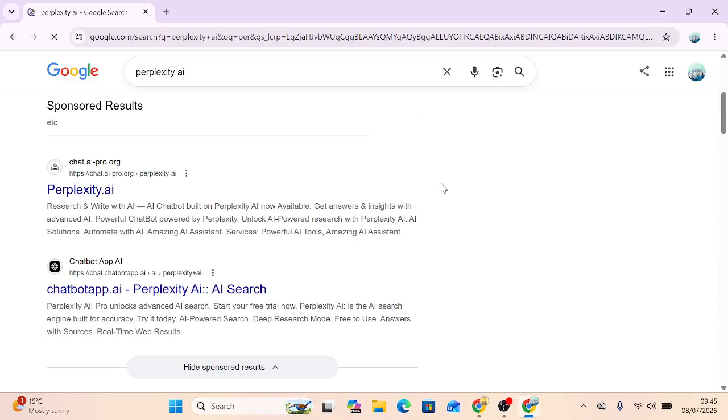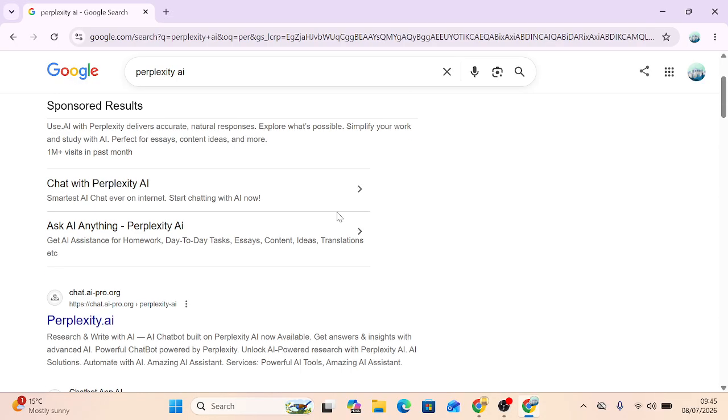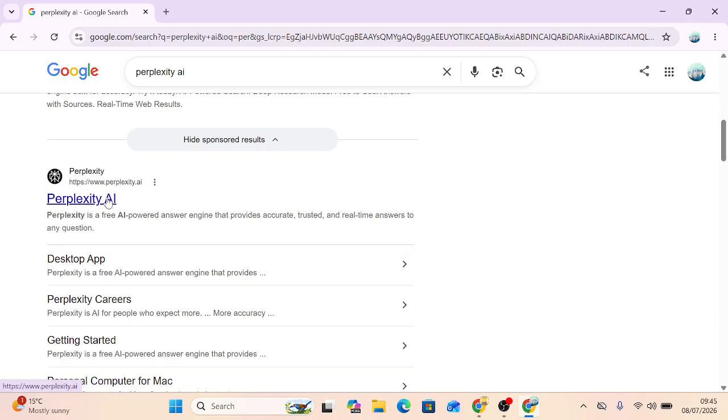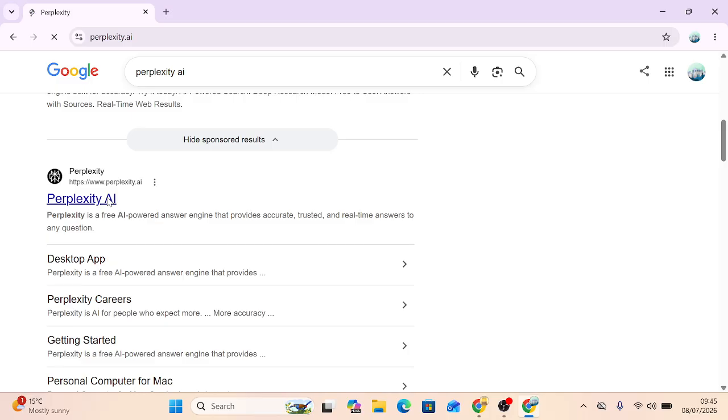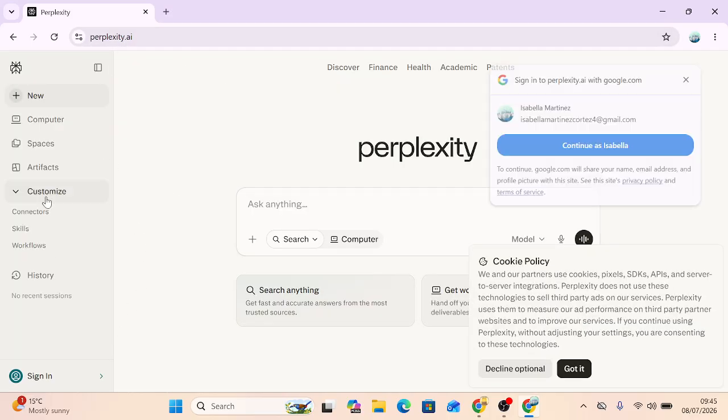And then you want to scroll through the search results and look for Perplexity AI. Do ensure that you're not using any of the sponsored results. Just scroll down until you find Perplexity and then go ahead and select it. Now, once you've successfully selected Perplexity AI, to create your account, you're going to just go ahead and select